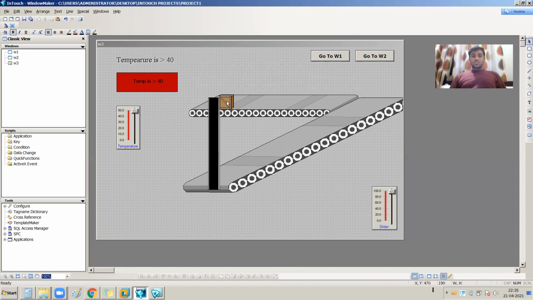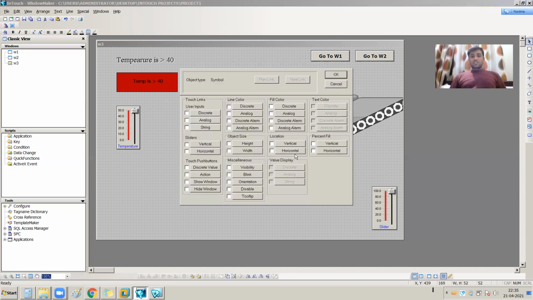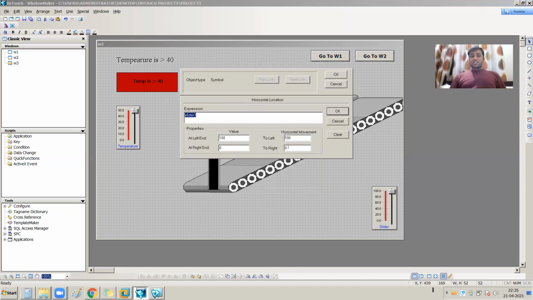If I double click on this, for my horizontal direction, from 0 to 100 value, meaning from left to right, it will go from 0 to 580 for the slider tag.